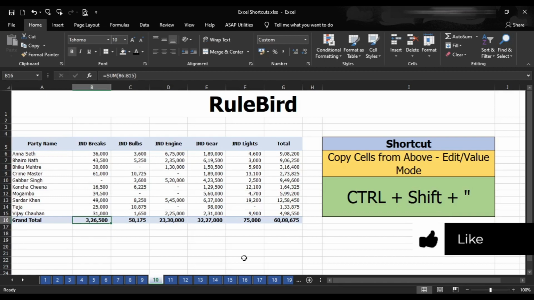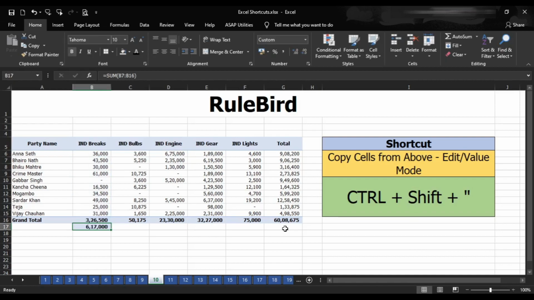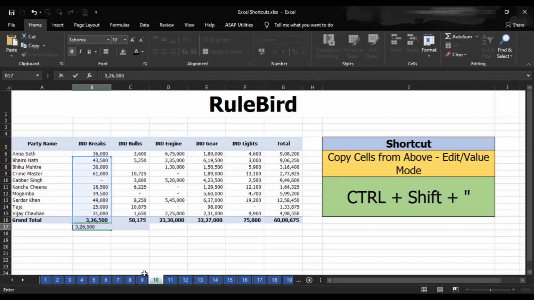This is my formula, you can see in the formula bar. If I press Control D over here, it will just copy my formula only, but I don't want the formula, I want the value here. Then you can use Control Shift and the quotation mark, so it will copy the value only.